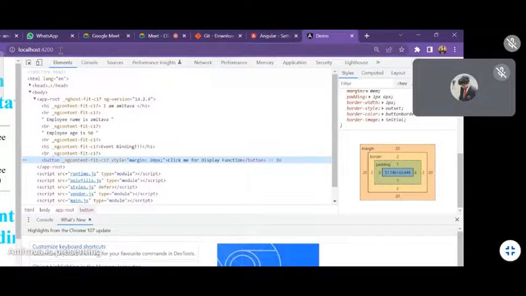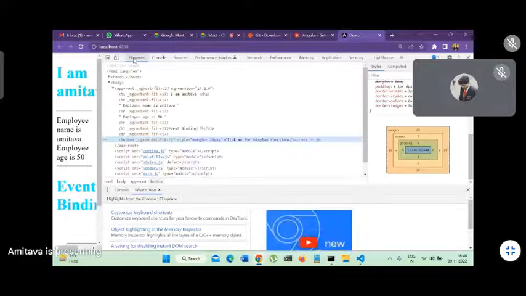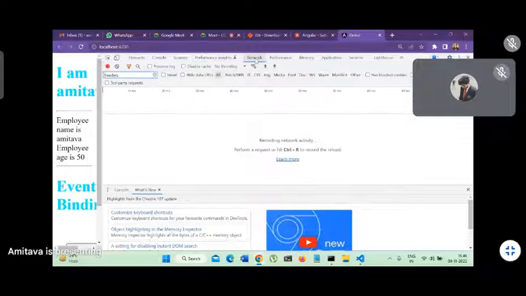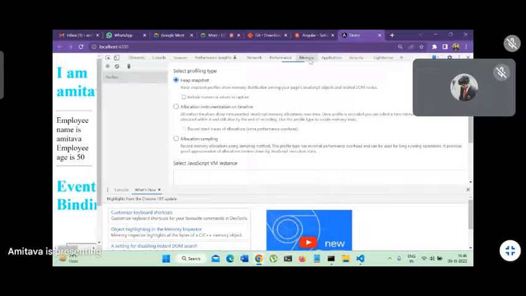सो इट विल शो यू द कंसोल आल्सो, ये देखो कंसोल में एंगुलर इज रनिंग इन डेवलपमेंट मोड। तो अगर आपका कोई एरर है तो यहाँ पे सीधा दिखाएगा कि एंगुलर इज नॉट रनिंग और समथिंग लाइक दैट। इसको कहते हैं कंसोल, इसको कहते हैं एलिमेंट्स, ठीक है, इसको कहते हैं सोर्सेस, इसको कहते हैं परफॉर्मेंस हाईलाइट, दिस इज द नेटवर्क, नेटवर्क स्लो है या फास्ट है, परफॉर्मेंस कैसा है, रिकॉर्ड कर सकते हो आप इसको, मतलब पीछे जो चल रहा है, मेमोरी यूटिलाइजेशन कैसा है,